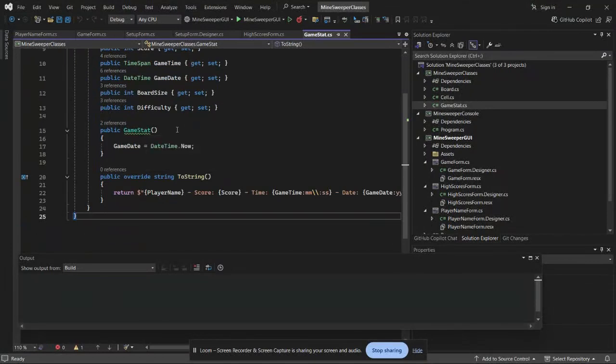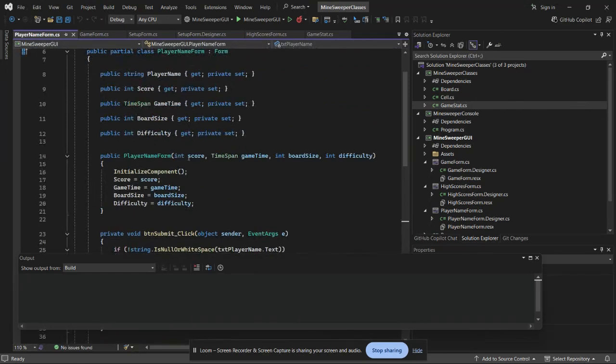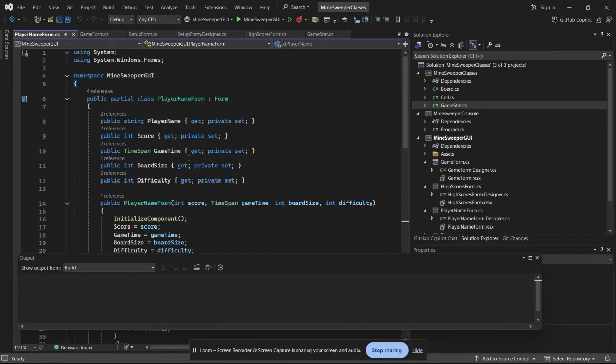Then we also added the player name form. In this player name form, it captures the player's name after a win. This is called after the game has been won. When the game has been won, it brings up